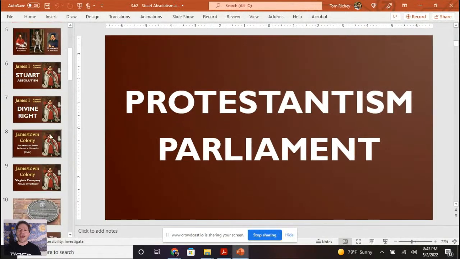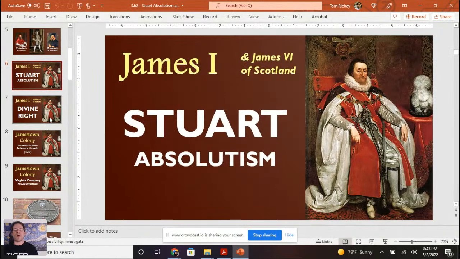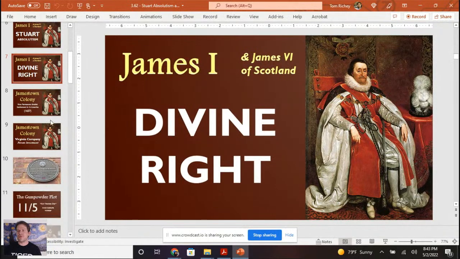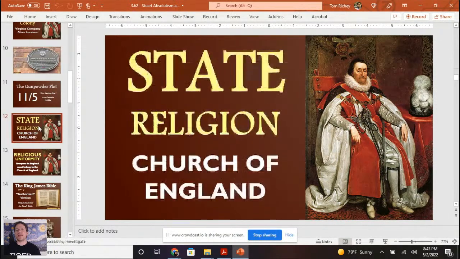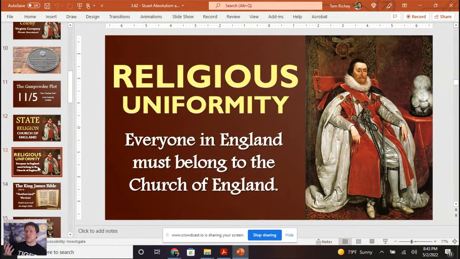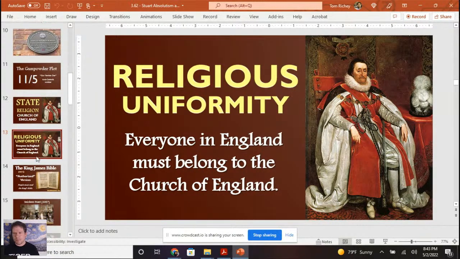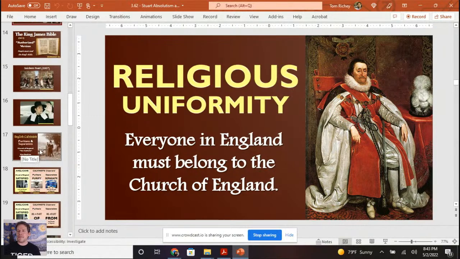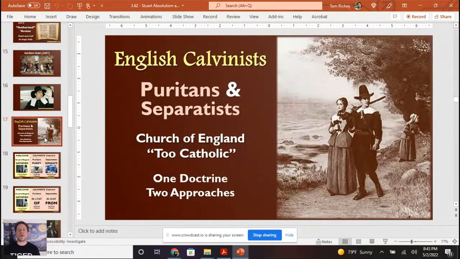And so with that, James the First is trying to assert the divine right of kings. He's trying to control the state religion and to mandate religious uniformity. Okay, so everyone in England must belong to the Church of England. That's causing some problems. Now, then, you've got these Puritans and separatists, these English Calvinists, who believe, remember, Henry